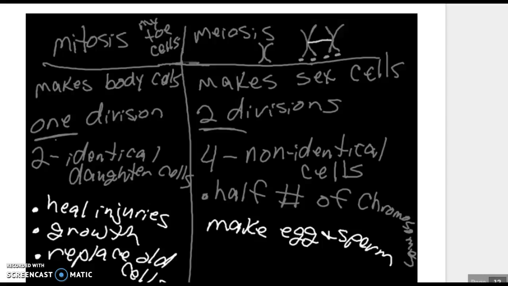And here's my less than a minute overview of mitosis versus meiosis. So mitosis, always remember mitosis happens in my toe or in the body cells. It makes body cells. It's one round of cell division, resulting in two absolutely identical daughter cells, because one has made an exact copy of itself, and now there's two. It's replicated the DNA. It's gone through the stages of mitosis. And then cytokinesis, the final cutting of the cell. Mitosis is really necessary for